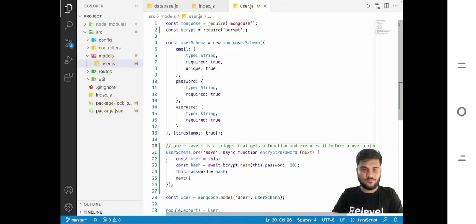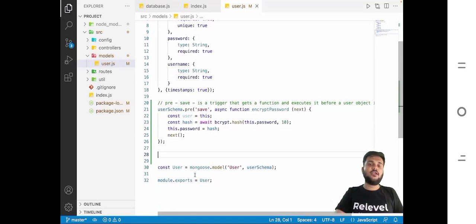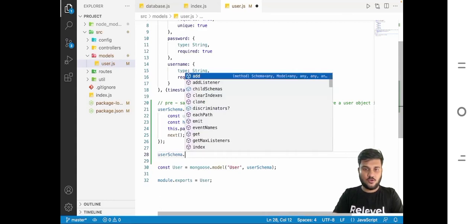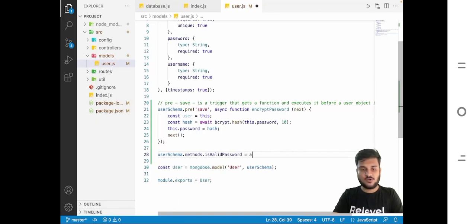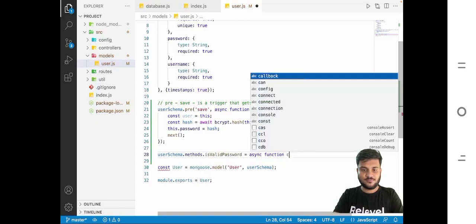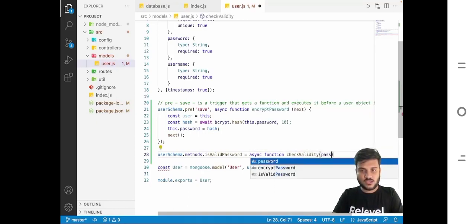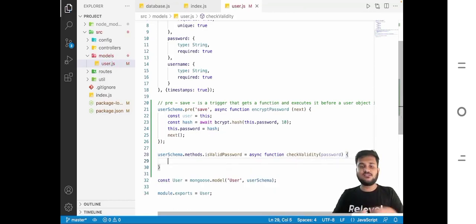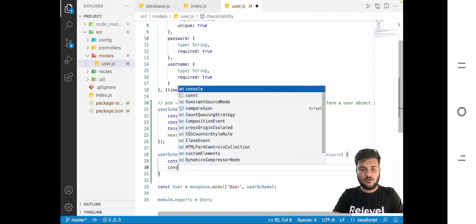Okay, now what we can do here is, one second, we can add a method also. So in databases we also have methods with us. So we'll say userSchema.methods.isValidPassword. So I'll write a method isValidPassword. This will also be an asynchronous function to check validity. It is going to get a password every time, and then we'll say const user equals this, right? Const compare